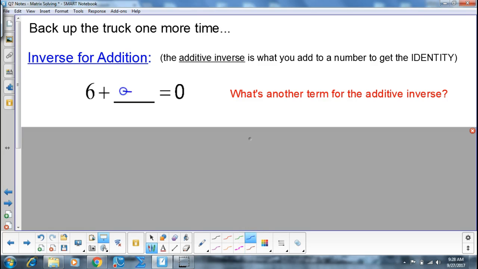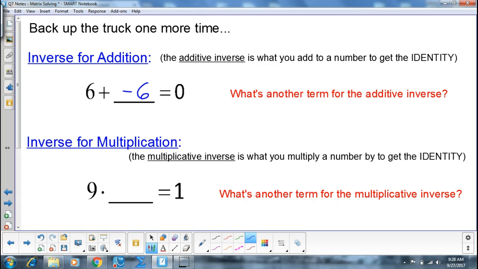So that means that negative 6 is the additive inverse. Multiplicative. The multiplicative inverse is what you multiply to get the multiplicative identity. So 9 times what gets me 1? 1/9. So 1/9